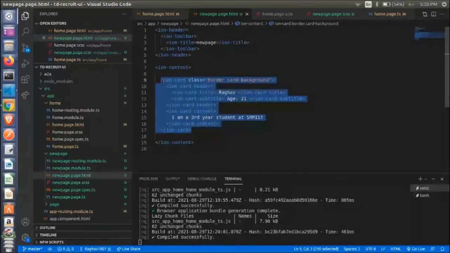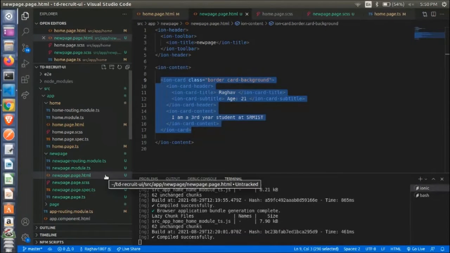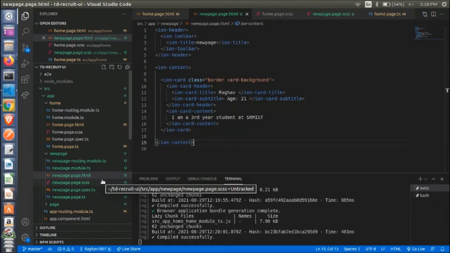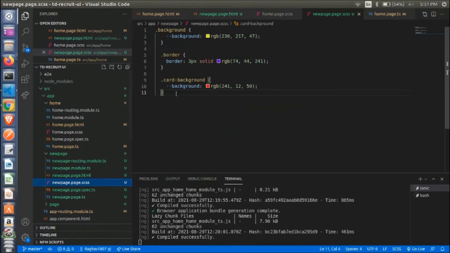You have to copy and paste it in new page.html. And the next one, you have to copy these three, .background, .border, and .card-background, from the homepage.scss file to the new page.scss file.